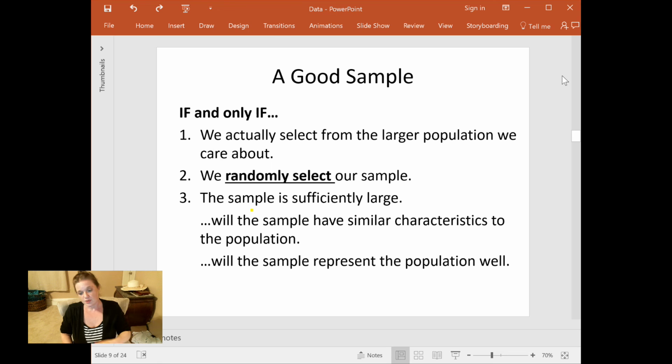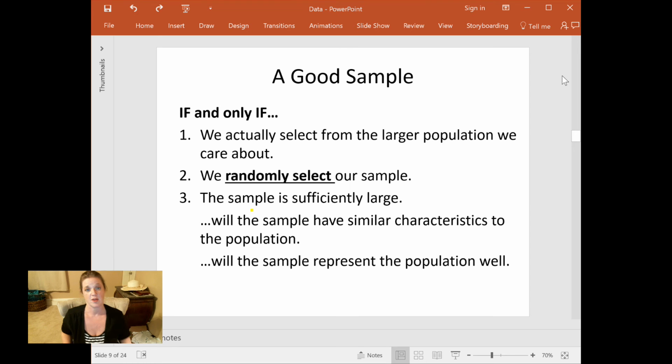Now, here's a way that you can get a non-random sample. Let's say I'm interested in the health index of football players again. And instead of randomly selecting from the population, I go down to Inglewood and to our brand new football team there, and I grab the health scores of just that football team. Now, it's not a terrible thing to do, right? Because they are football players. I've at least checked off the box that they're actually football players who I'm interested in. But it's not going to be as good a sample as if I had randomly sampled football players.